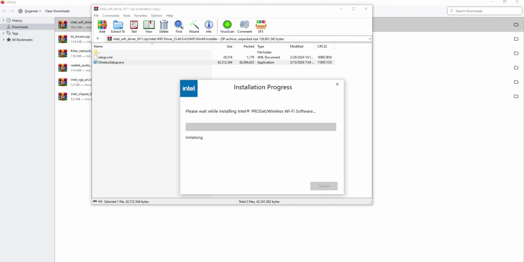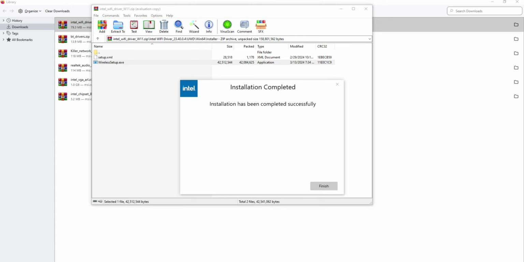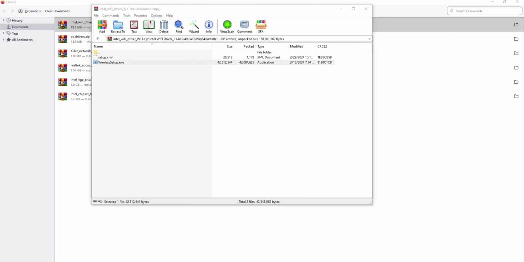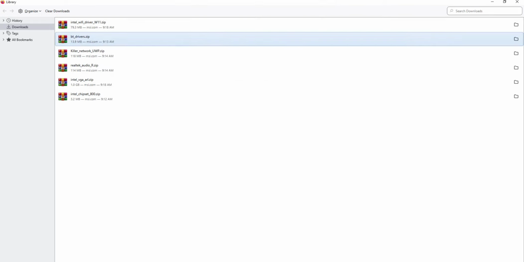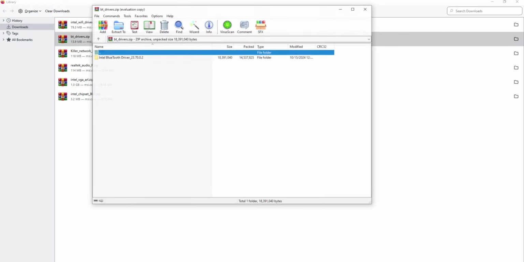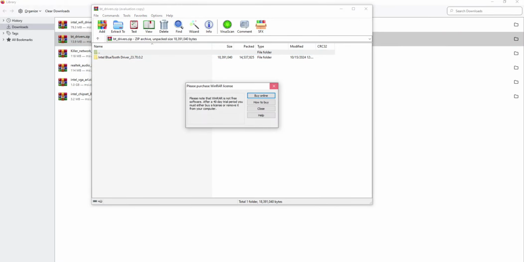Click yes, as it requires administrator rights for the installation. It will take some time depending on your system. So you can see the installation has been completed successfully, and then click finish and then close. Now you can see this is the Bluetooth driver, so just double click to open, open this folder,